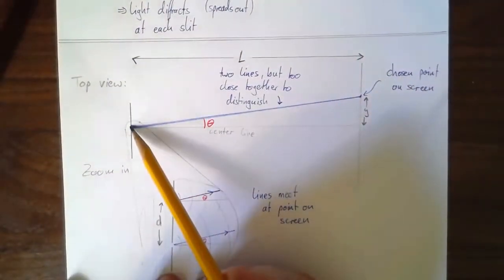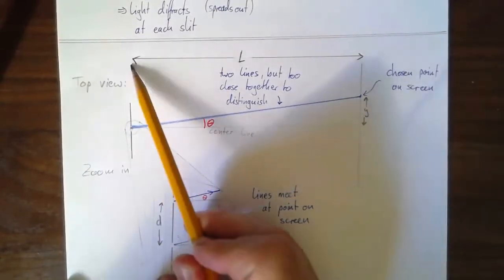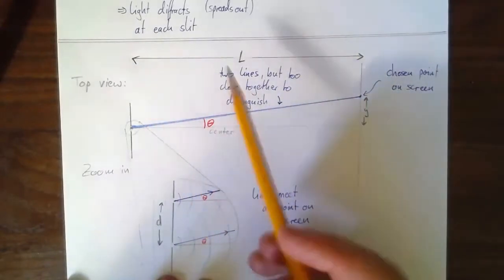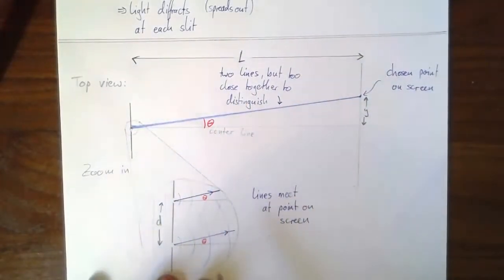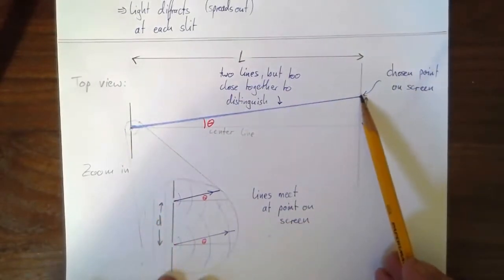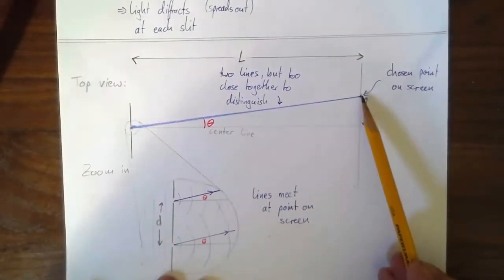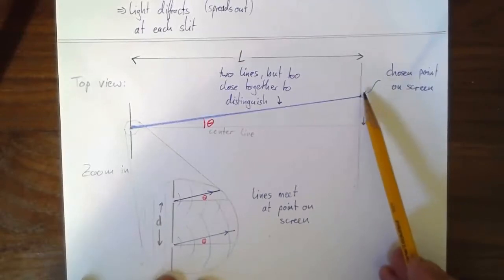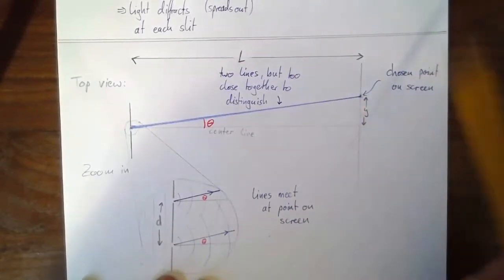So the two slits are next to each other here, and they're very, very close together. Maybe this length L is a couple of meters, and the slit separation is a fraction of a millimeter. Remember, to figure out whether there is constructive or destructive interference at some chosen point on the distant screen here,